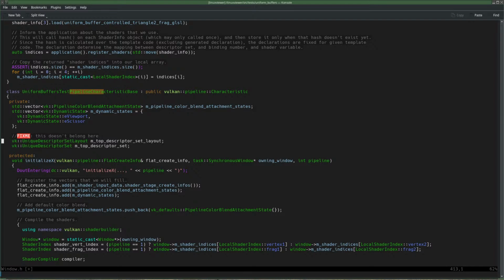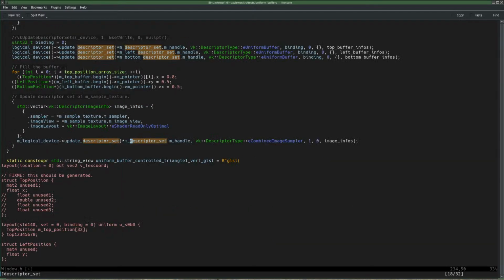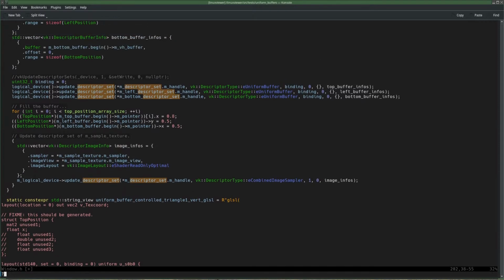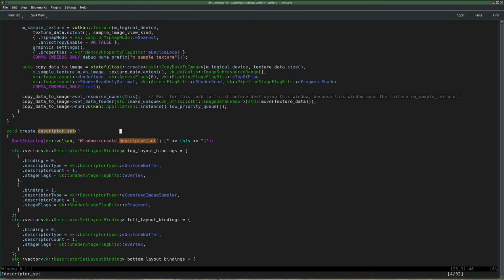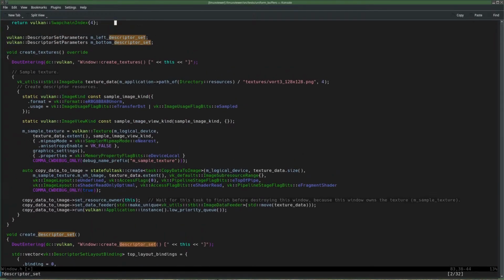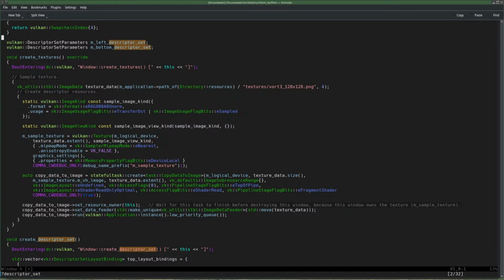And then we did have in this file descriptor set. There they are.